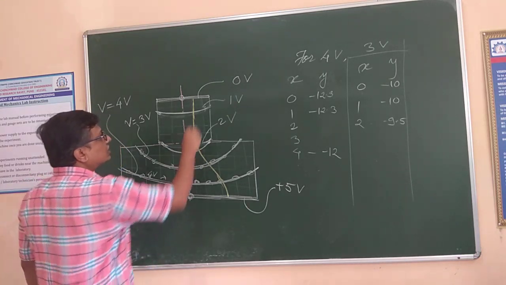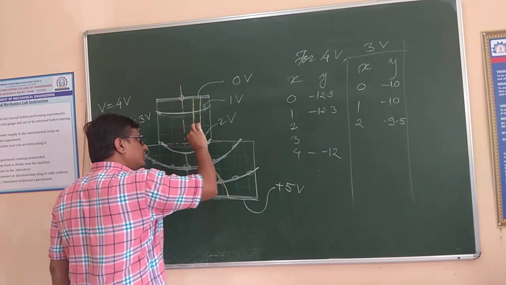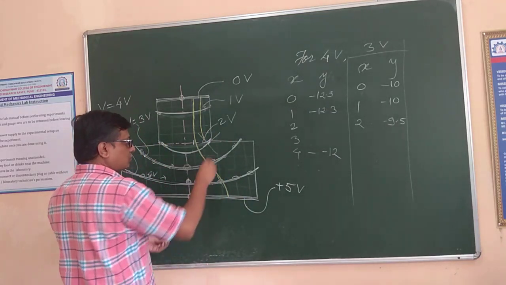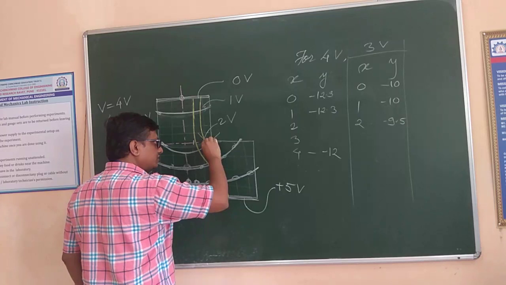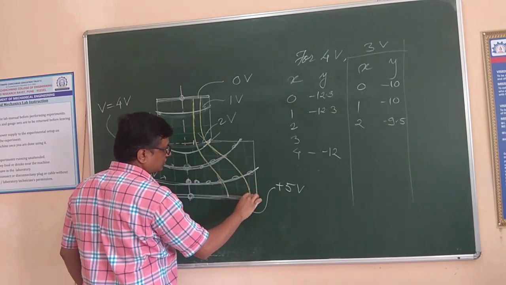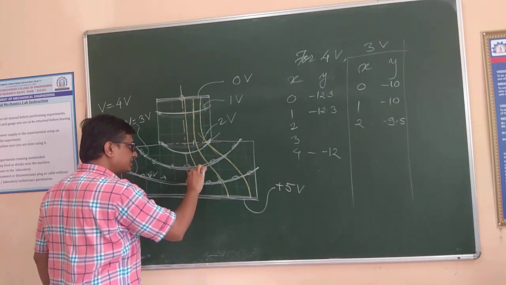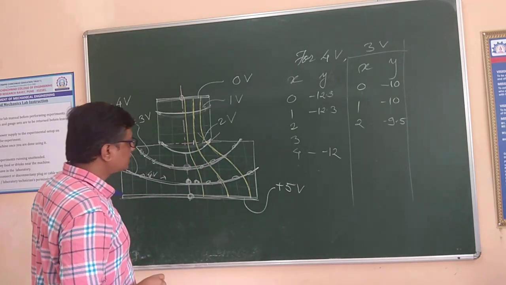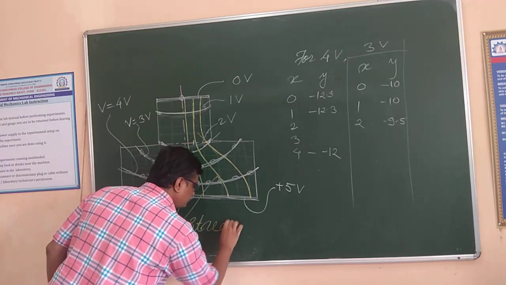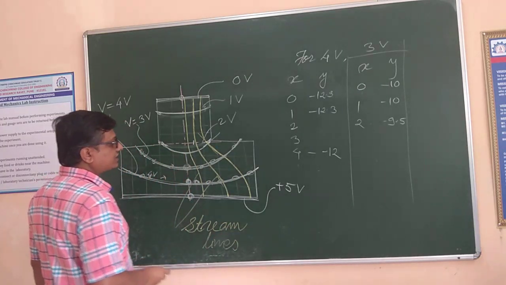And like that, if I try to draw a few more curves taking perpendicular to it, see, this is perpendicular to this equipotential curve, right? So at every point you can check. Something like this. So this is one more curve. If I try to get one more, it will be something like this. So these yellow colored curves are the streamlines. These are what? The streamlines.